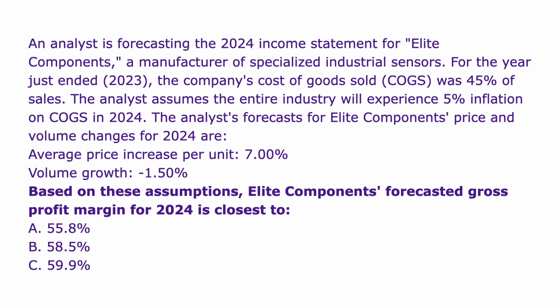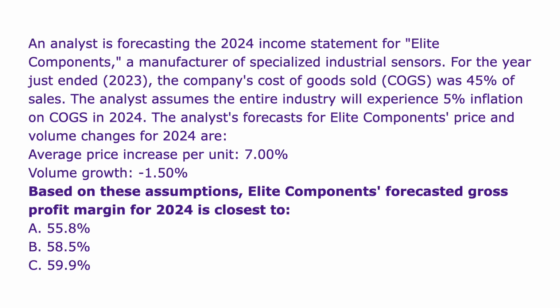The analyst's forecasts for Elite Components' price and volume changes for 2024 are: average price increase per unit 7.00%. Volume growth, negative 1.50%. Based on these assumptions, Elite Components' forecasted gross profit margin for 2024 is closest to